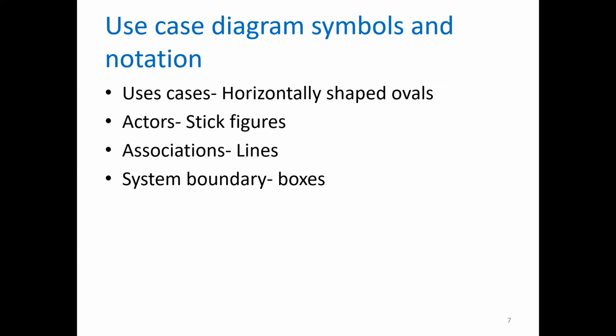Associations or connectors, a line between actors and use cases. In complex diagrams, it is important to know which actors are associated with which use cases. And finally, system boundary boxes, a box that sets a system scope to use cases. All use cases outside the box would be considered outside the scope of that system. For example,